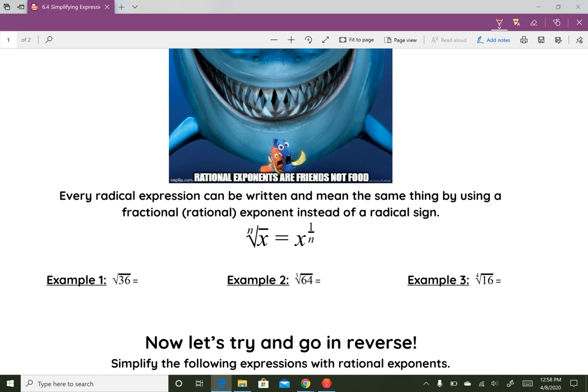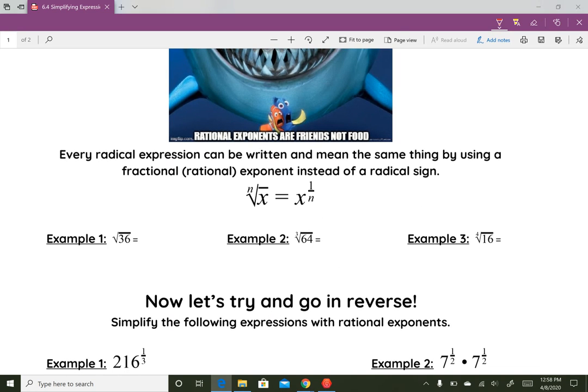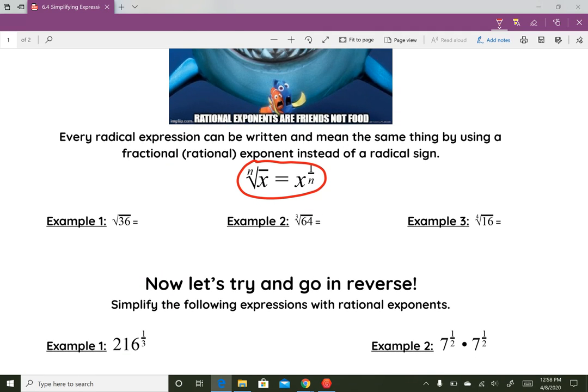So basically, every radical expression can be written and mean the same thing by using a fractional or a rational exponent instead of a radical sign. So for example, I labeled it here with variables, but if you have the square root of x or the third root of x, you can write that as x to the 1 over n. So if we look at that here, in example 1, the square root of